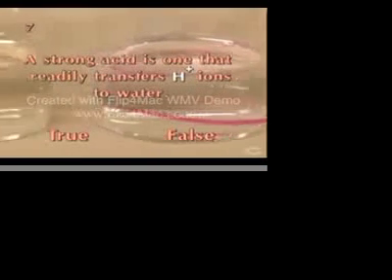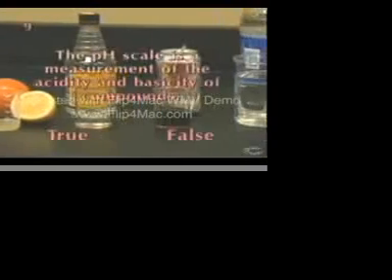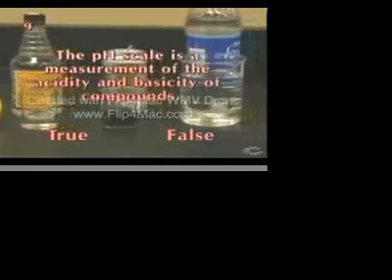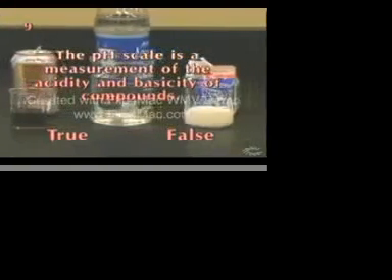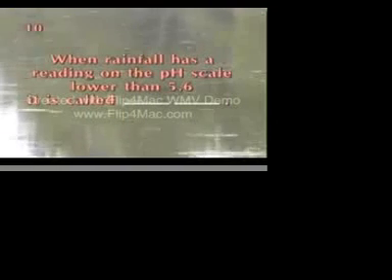A strong acid is one that readily transfers H+ ions to water. True or false? A conjugate acid-base pair differs by several H+ ions. True or false? The pH scale is a measurement of the acidity and basicity of compounds. True or false? When rainfall has a reading on the pH scale lower than 5.6, it is called